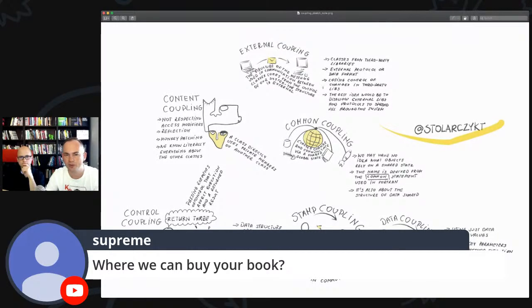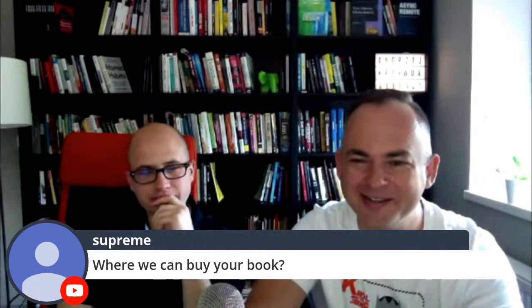So nice drawing. Who did the drawing? You did? No. Okay, a friend of mine. Okay, so nice drawing, and this is something that I really want to print soon and put somewhere in my office to remember about the coupling. There's a similar note about cohesion, and the whole book is 26 pages, so you definitely should get money for that. It was my dump of my thoughts. Okay, so that's the book.